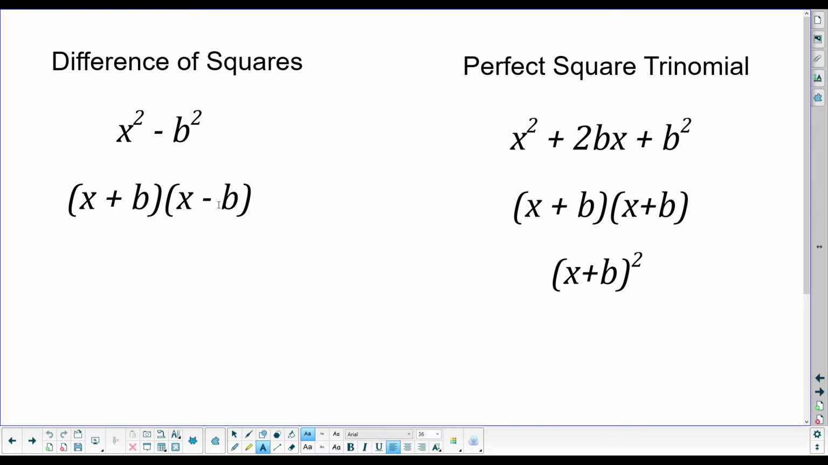Then that factors out to be the square roots. So it's the square root plus the square root and the square root minus the square root. The square root of the first term plus the square root of the second term and the square root of the first term minus the square root of the second term. So for example,